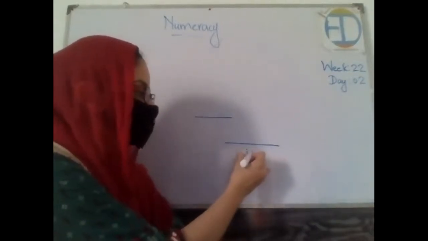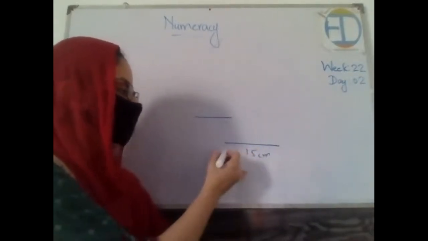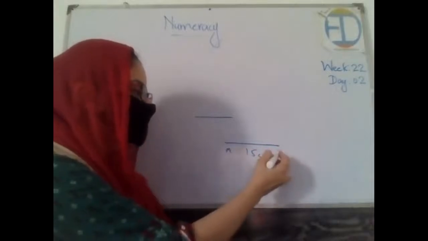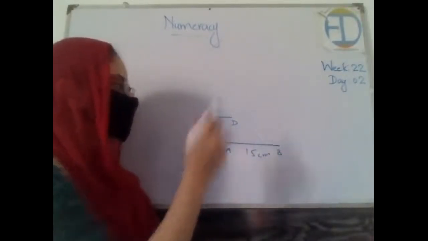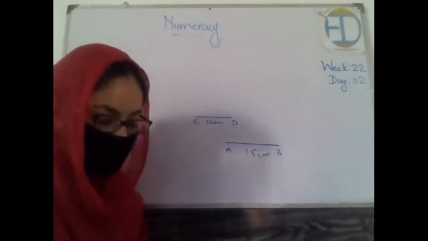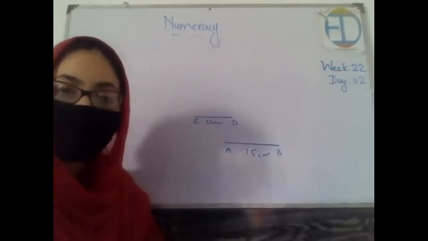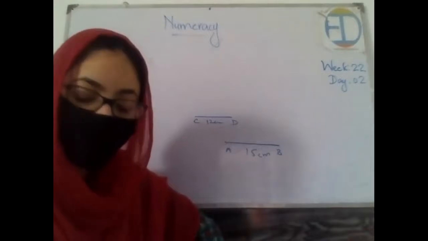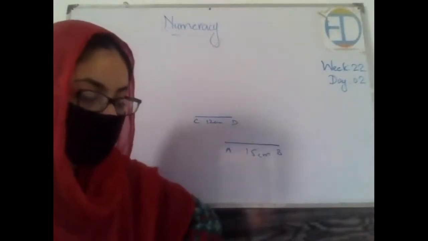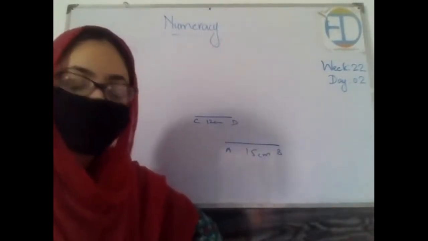This is how you draw a line, and you can give names to these 2 points. Let's say these are A, B, these are C, D, and this is of 12 centimeter, right? So in this manner, we can draw the lines, and you will be following the same procedure. Put the ruler on your notebook and then draw the lines of the following measurements.